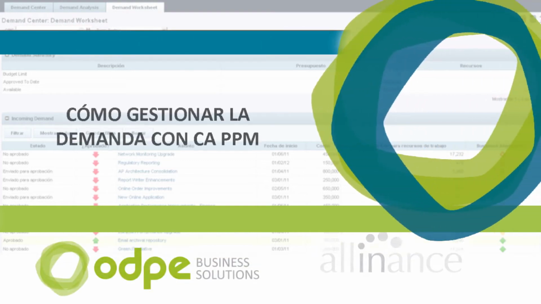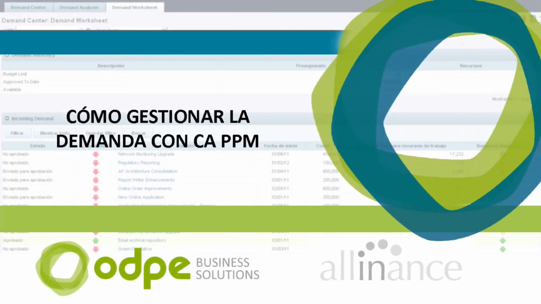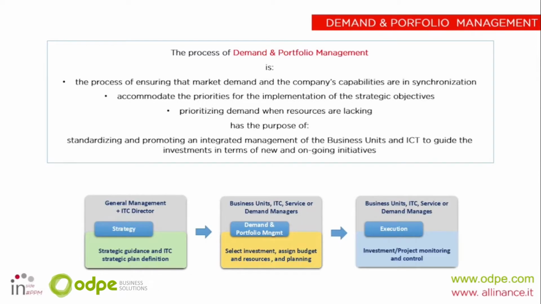Today we want to talk about demand and portfolio management. But what is demand and portfolio management? It's the process which synchronizes demand, market, and company capabilities. It guarantees the investment alignment with the strategic objectives, and it prioritizes demand and requirements when the resources